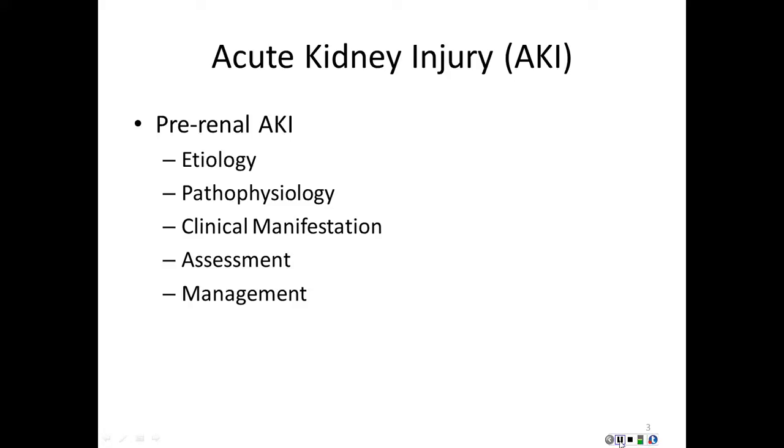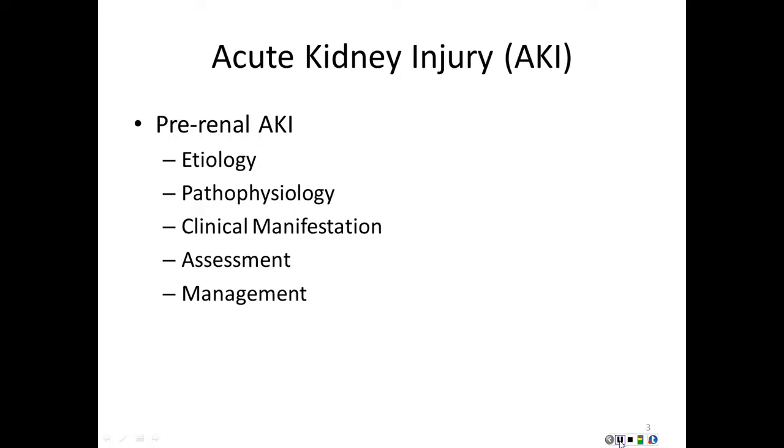Now, we as nurses have a great responsibility in monitoring our patients, especially in critical care. As we saw, 20% of our patients in critical care can develop acute kidney injury as part of their state. So it's very important that we're monitoring these patients, their vital signs, their urine output, their intake, monitoring if we have a CVP or a PA catheter in place, looking for hypotension, and listening to their lungs.